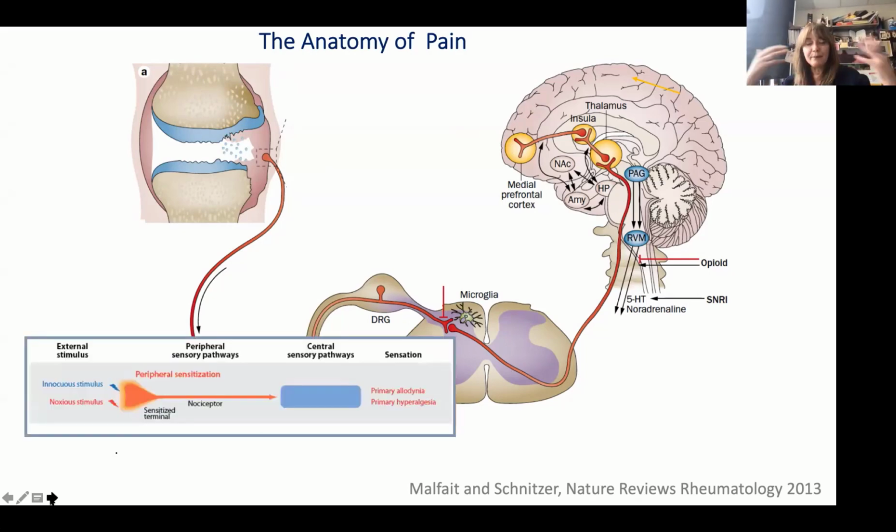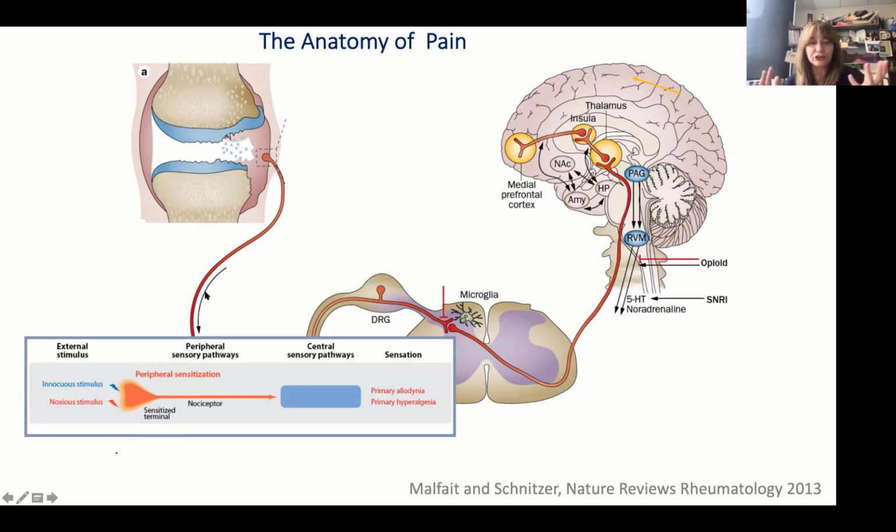Now, what happens is that when something really happens, like an inflammation or a tissue injury or more prolonged noxious stimuli that are affecting the body, then this basic template becomes amplified. And this can happen at the peripheral level, and this is called peripheral sensitization. And what that means is that this system sort of goes on high alert, and something that activates the nociceptors